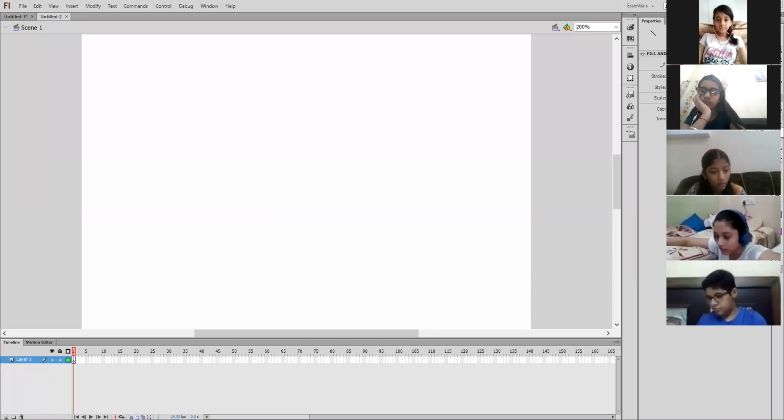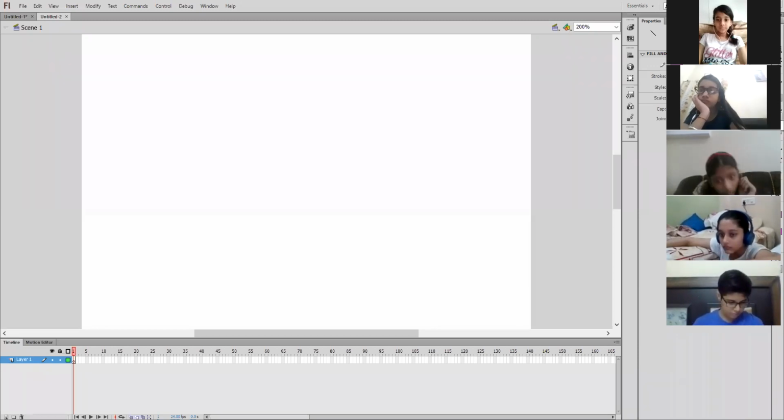Like in your drawing notebooks, whenever you draw, we use pencils to draw freehand drawings without using any objects like a scale or protractor. In the same way, we can draw freehand drawings in Flash also with the help of the pencil tool.